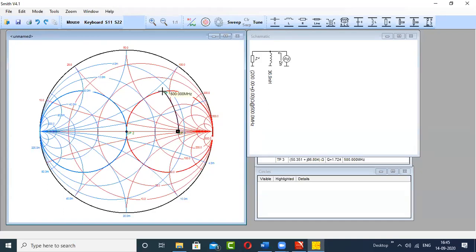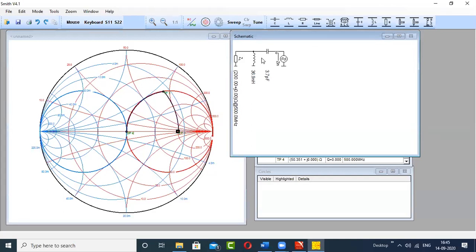So now I have reached here. From here I have to go to the center of the Smith chart. This time it's moving in the anti-clockwise direction on the Z chart, so series C. Once again it's an inverted L, an inductor and capacitor combination. This circuitry will always be an inverted L, or most of the time it will be an inverted L. Both the components can be capacitors, or both can be inductors, or one capacitor and one inductor.